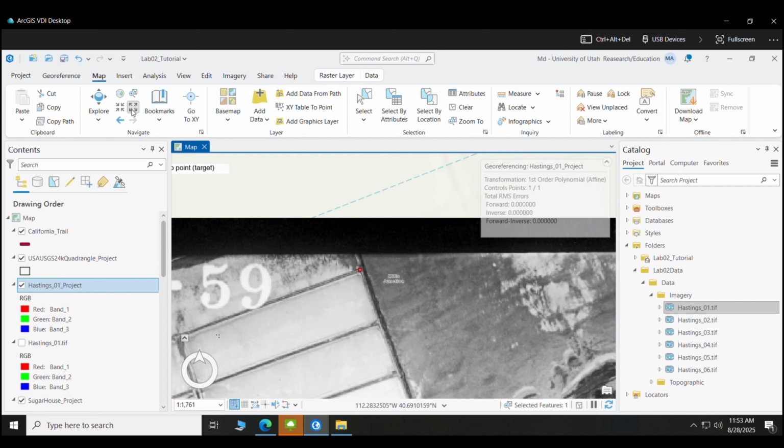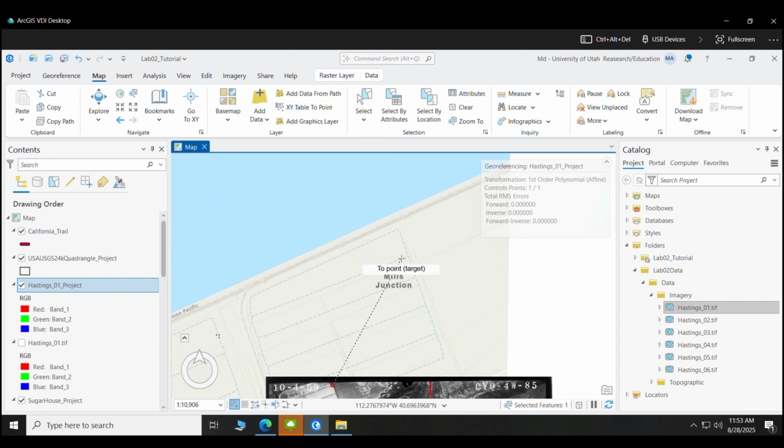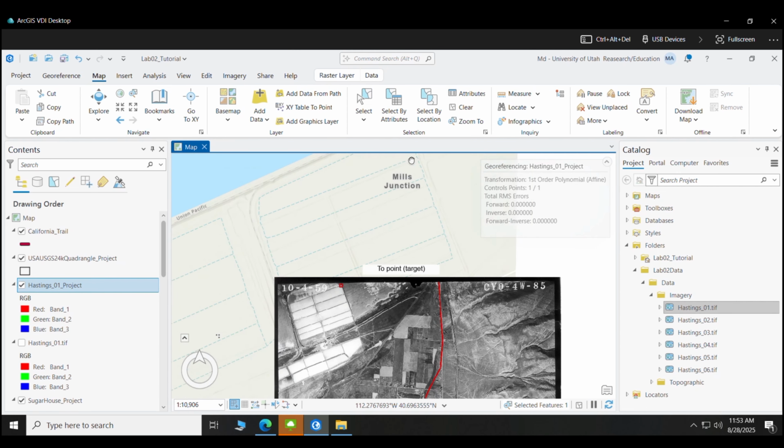Still we need to add some other points so that it is perfectly suited in its location. For now it's just accurate for that one point, but still we have to add several other points to georeference this image correctly. Okay, now it is quite correct, but still I think it will not match 100% because this image